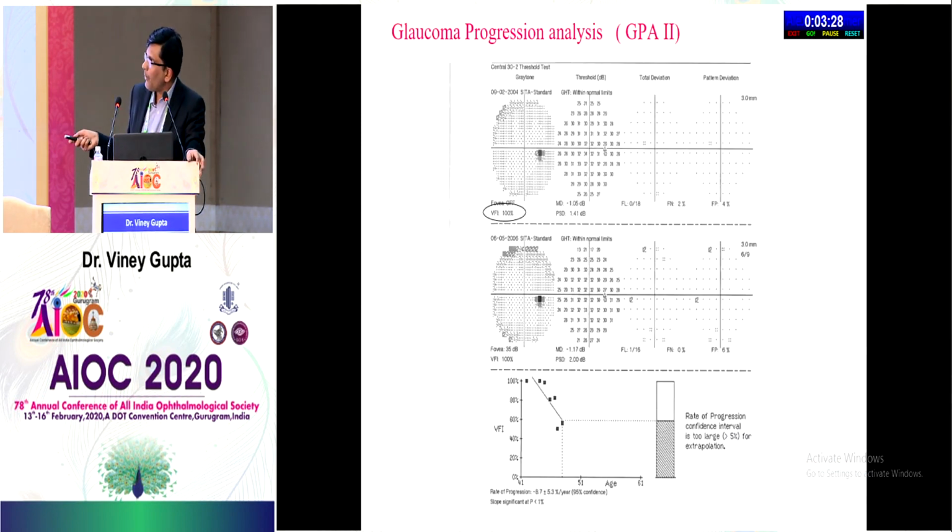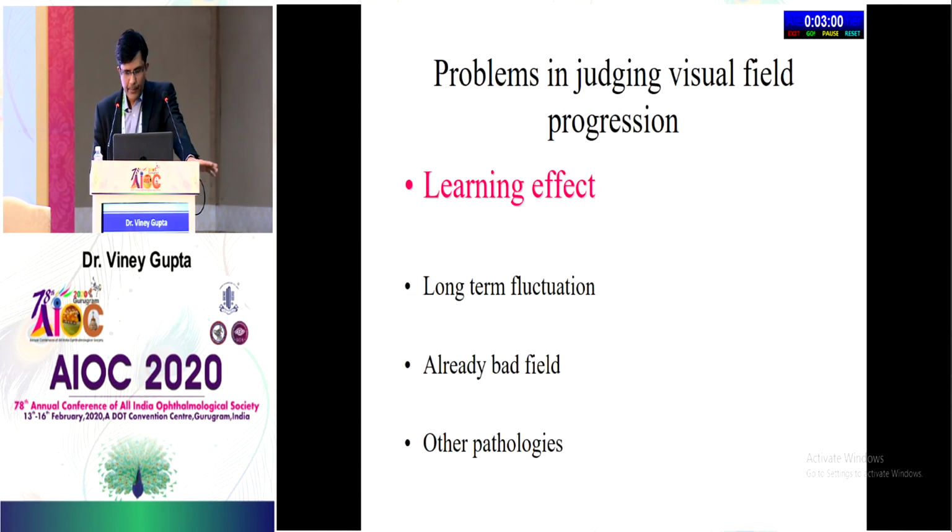Here is an example where a patient started off with baseline visual fields that were normal, but over a period of time started losing visual fields at a very rapid rate. His age was 40 years, and over a period of 10 years he's lost so much of his visual field. From 100% he's gone to 60%, and the rate of loss is almost 8 to 9% per year. So you can predict how much of the visual field the patient is going to lose. It's very simple. Right, so this is about progression, but there are problems when you're looking for progression.